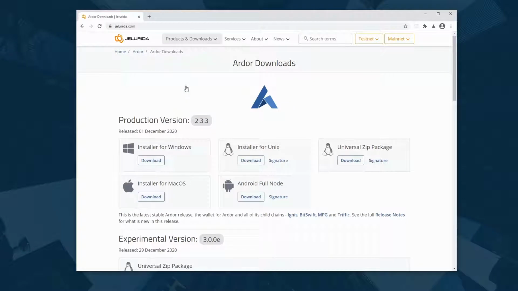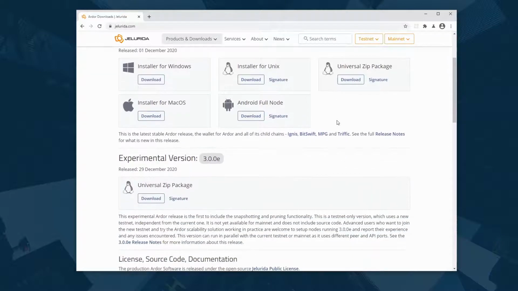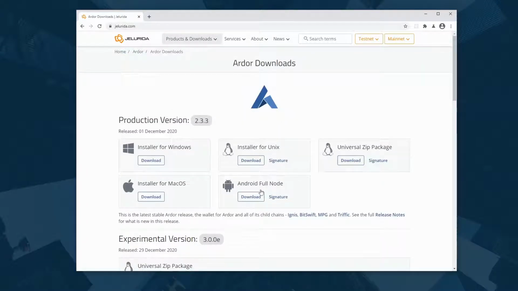Here you can download the current production version 2.3.3, and an experimental version. And you can find here installers for the different operating systems: Windows, Mac OS, Unix, and the universal zip package. This software, as I've said, is written 100% in Java.